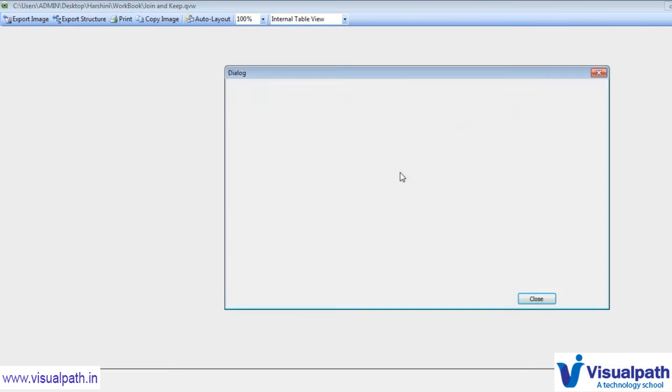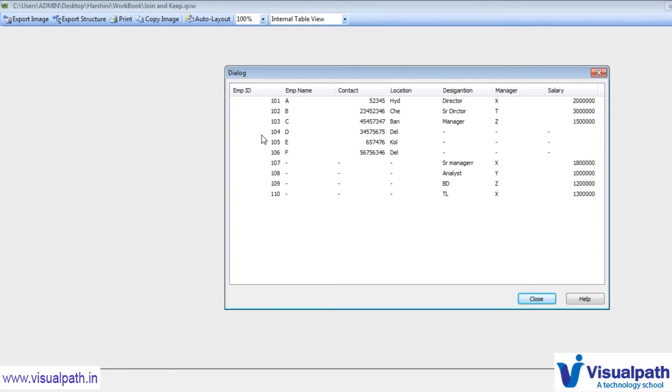If I go to the preview, I'll see all the details in the single table. Employee IDs 101 to 106 have all the data from table 1, whose columns are employee ID, employee name, contact and location. All the data has been taken from table 1 and also all the data from table 2.